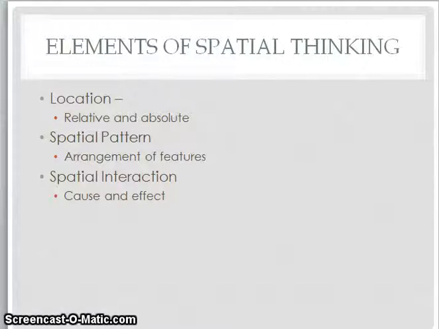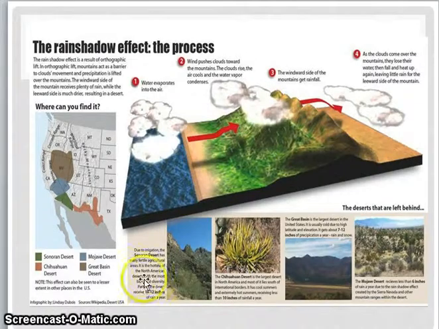The third aspect is spatial interaction. Again, the cause and effect, and how a flood can cause more flooding, or how wind erosion can create further wind erosion or could stop wind erosion. So one of the things in looking at cause and effect is to think about the rain shadow, and